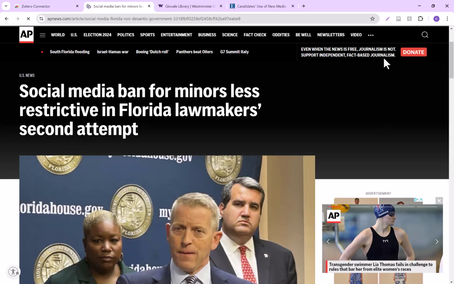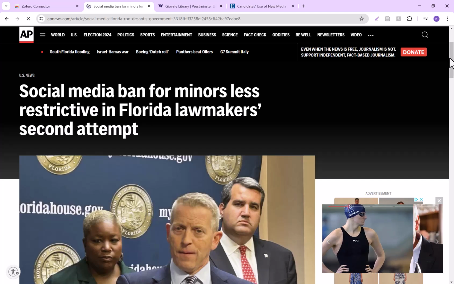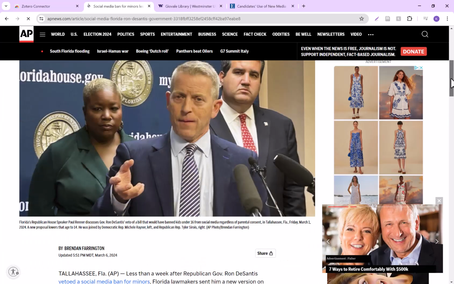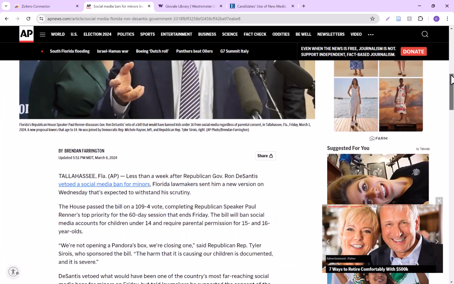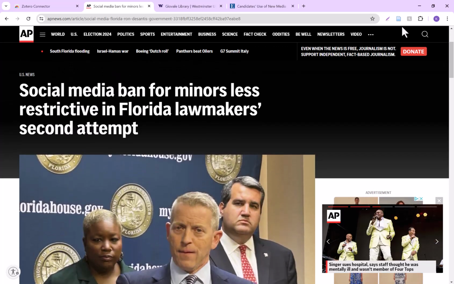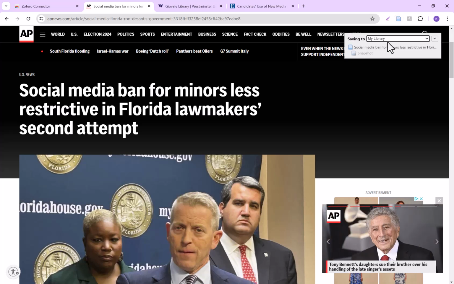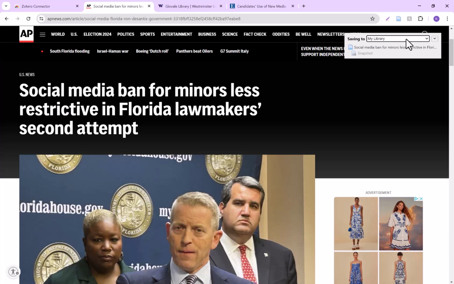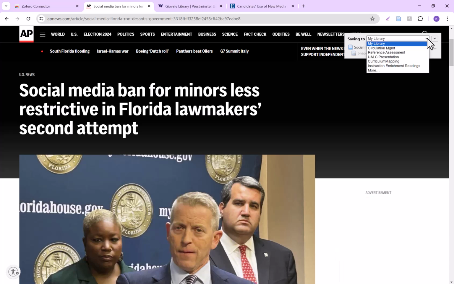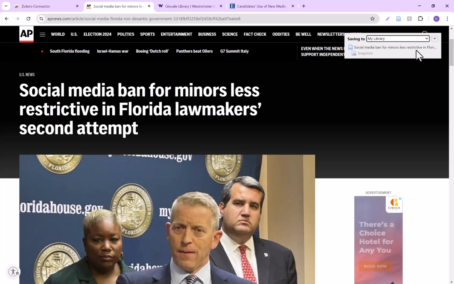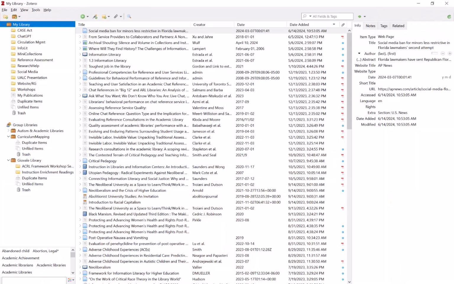So let's say I'm researching social media and I found an article that I'd like to save. So this source is a news article, comes from the AP. You can see it has an author, it has a date. Our Zotero icon has changed into a blue page. If I click on the Zotero connector, you can see that the item is being saved to my library. If you have other folders set up, you can save it to a different folder, but I'd like to save this to my library, and so I'll navigate back to my Zotero application, and you can see that the item